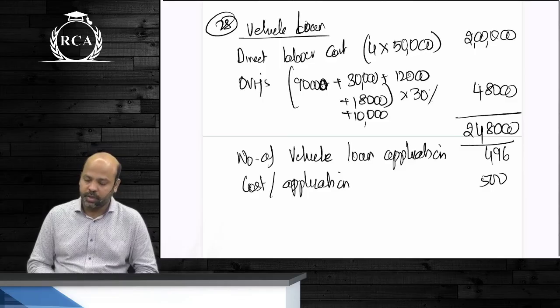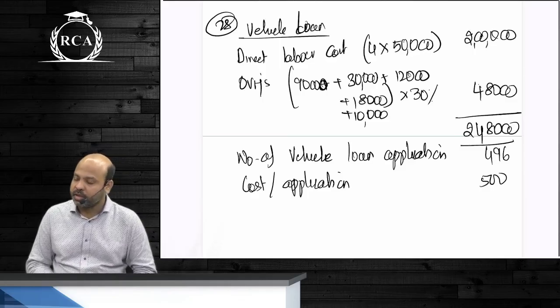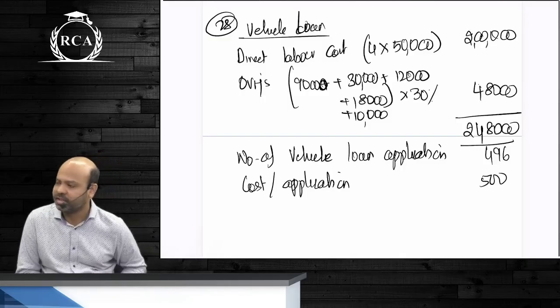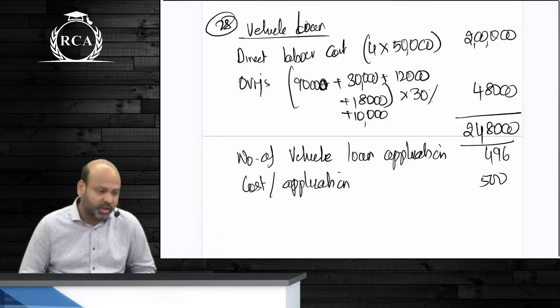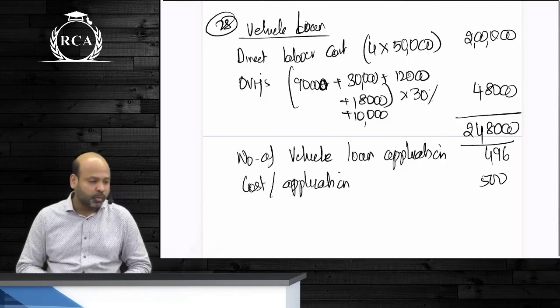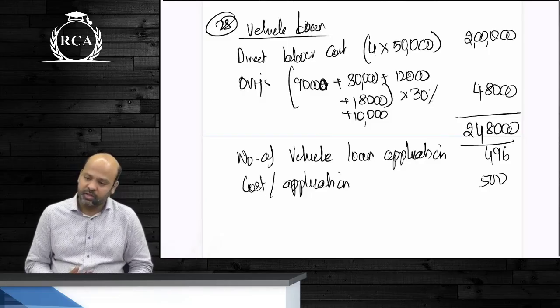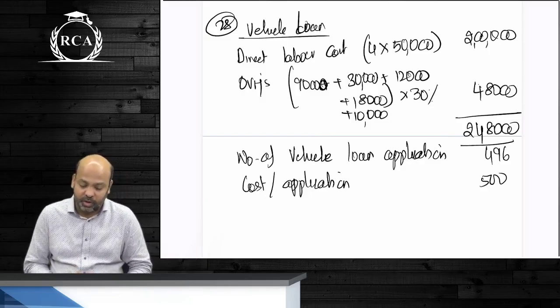Is that fine, what should I do? What is the answer? 376. We are doing the same. There is no indirect, directly we have to do the same. 1,88,000 by 500. I said 168 by mistake. People were quick to point out and tell me that I was wrong. Good, I'm wrong only about this number.